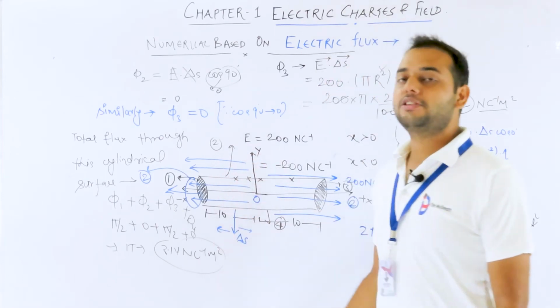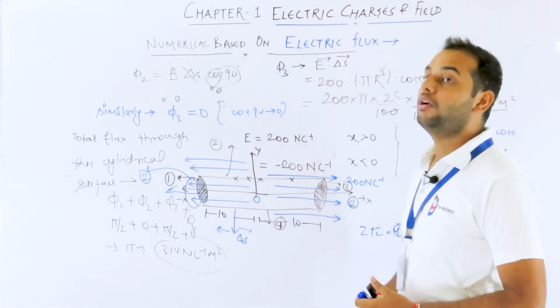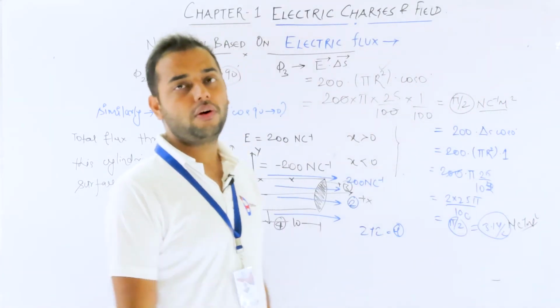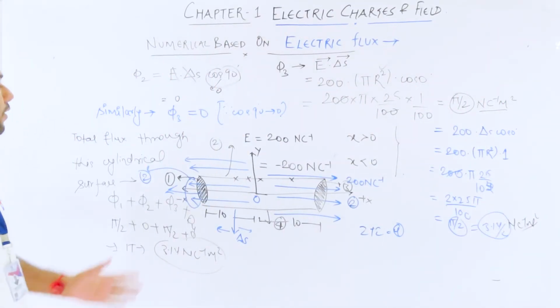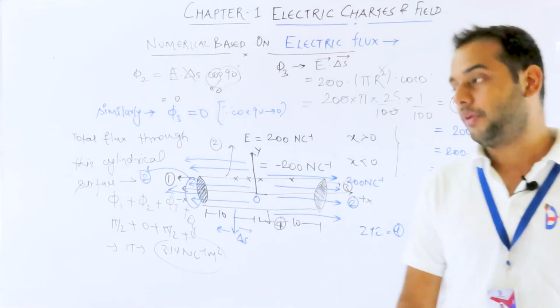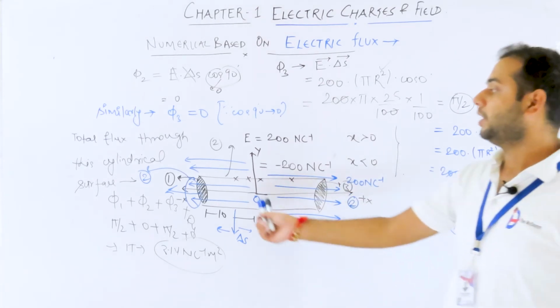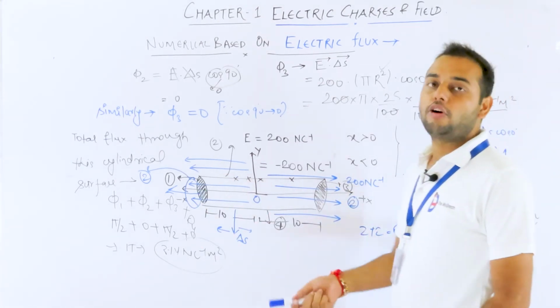Obviously, two electric field lines cross that area perpendicularly on this side, and two cross it perpendicularly on that side, and hence 2 plus 2 has to be 4. So in total, I can say 4 electric field lines cross that area perpendicularly. I will not say that 2 are crossing in that direction and 2 in that direction, so 2 will cancel out and it comes out to be 0.